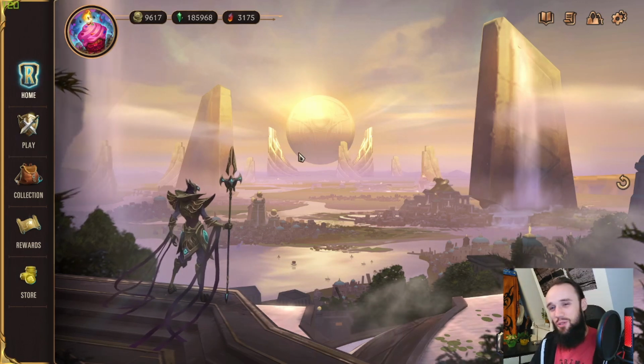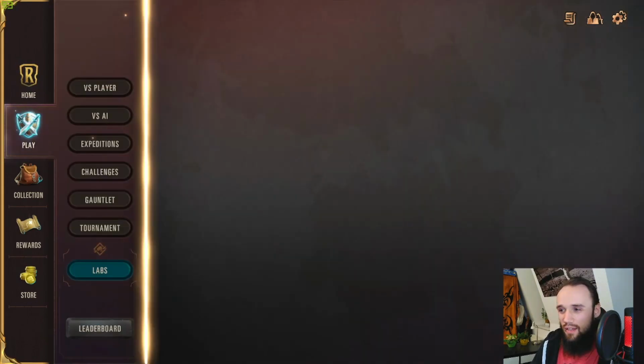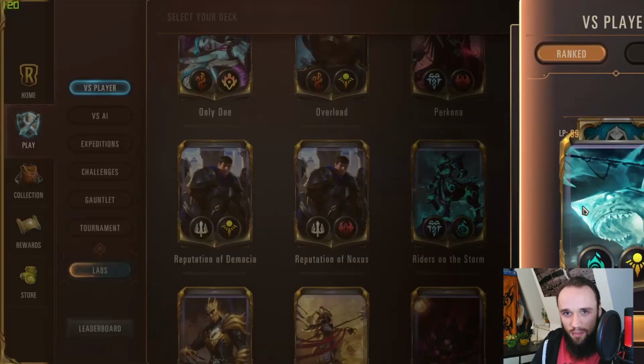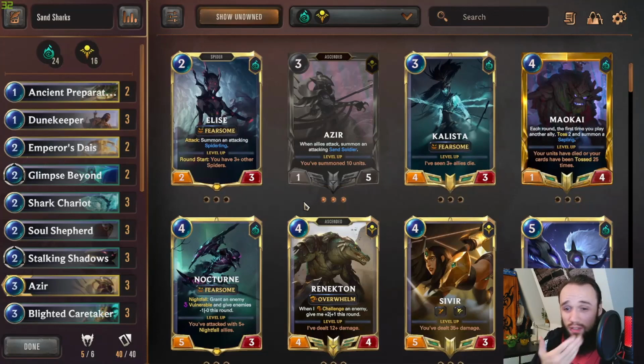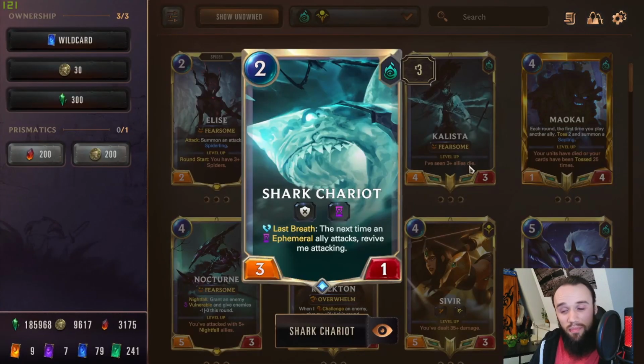I like to share my deck lists, and this background is actually quite fitting today, as we are playing a list that was around for quite some time. Right when the expansion hit, it was quite popular, and then it got forgotten again. I wanted to bring it back a bit and show my own version of it, as we go for Sand Sharks. So the star of this whole thing is the Shark Chariot, which is an ephemeral unit for 2